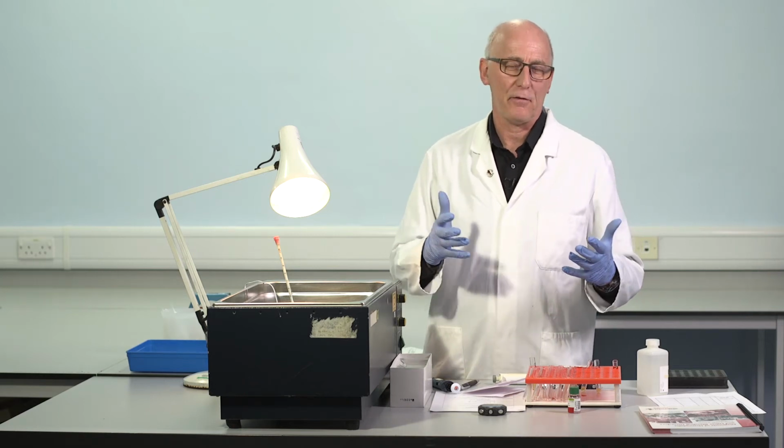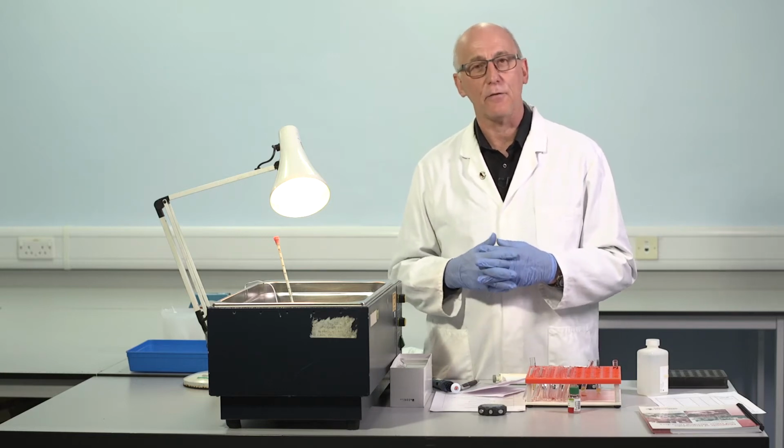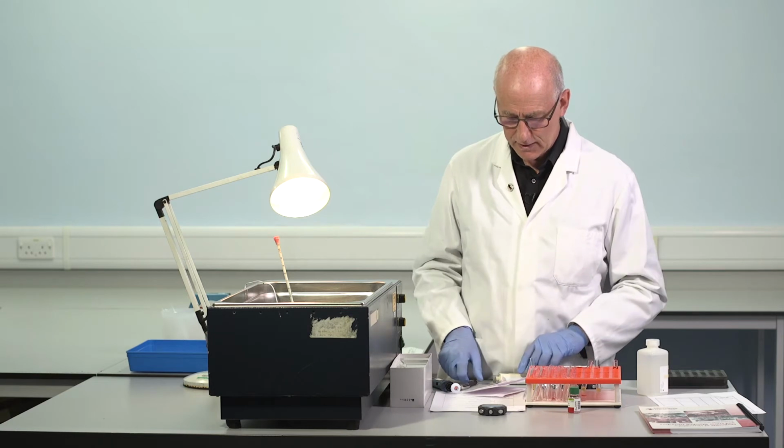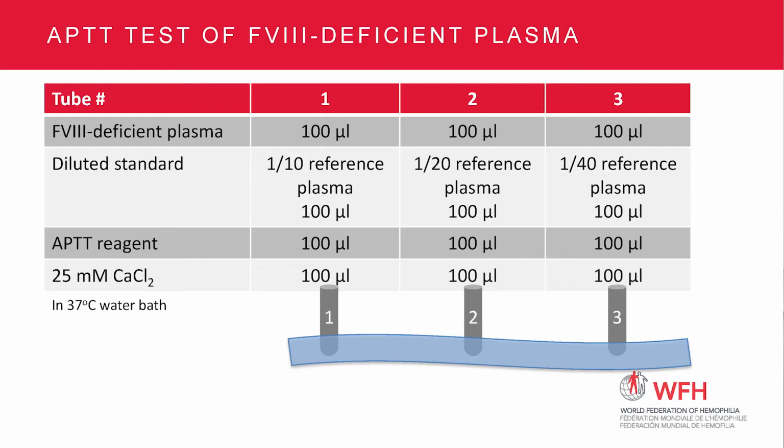For example, if there are defects which impact on the way that factor VIII might bind to the phospholipid, for example. So there is a possibility of different results with different reagents. In my experience, it's not a common occurrence. At the end of the 3-minute activation, we'll be adding calcium, and this will allow the remaining reactions to occur,